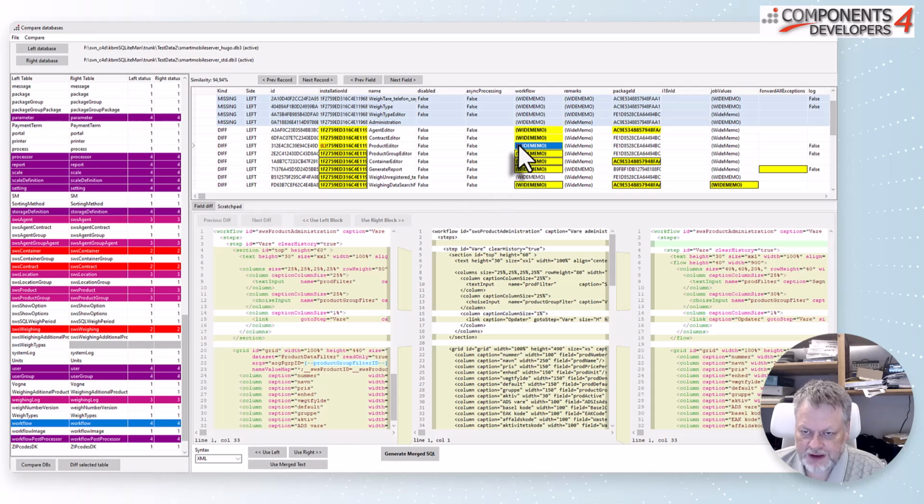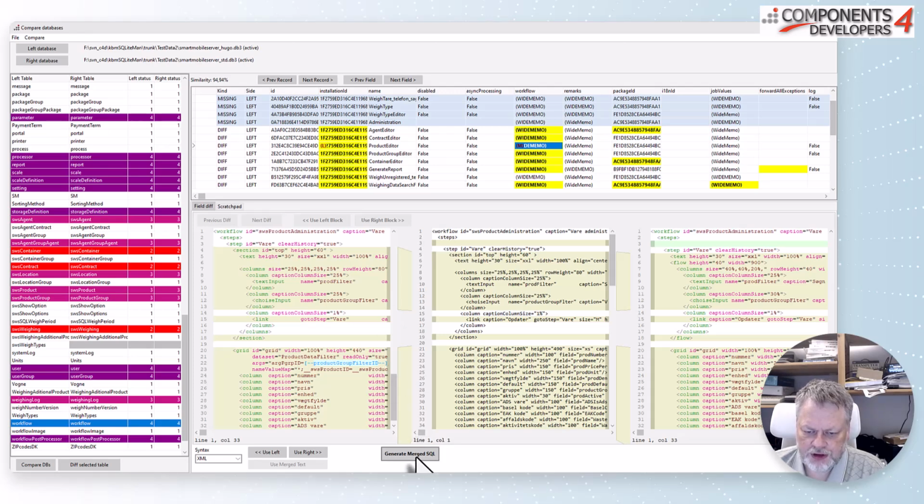If we look up here, there's actually written a small L. That means that if we do not do anything specifically, then it will use the left side value. But since we want to use the merged text, we'll click on this one, and there will be written a small m up here, which means that it's the merged text that we're going to use. And then we can figure out if there are some other things that we need to change. In this case over here, we'll choose the left side of the installation ID field from the left database instead of from the right database.